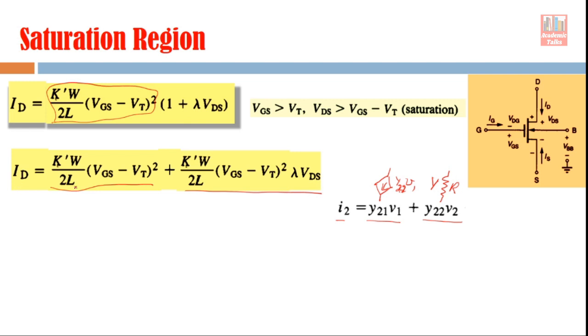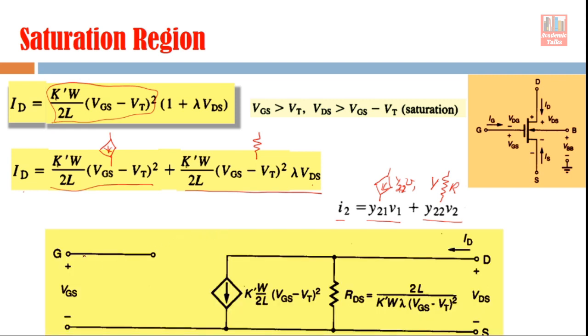Now if you compare this with the equation of the MOSFET, here ID, this first component depends on VGS, the gate source voltage, and this is the drain terminal. So if current and voltage are at different terminals, this component has to be represented by a constant current source, right? And if you look at the second component, here there is VDS. We are assuming that the gate source voltage is constant, so VDS means drain voltage and drain current. Now current and voltage are both at the same terminal, so this component has to be represented by a resistive symbol.